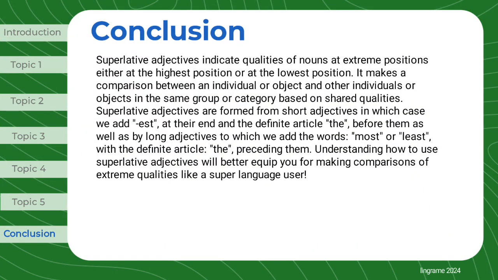Superlative adjectives indicate qualities of nouns at extreme positions, either at the highest position or at the lowest position. It makes a comparison between an individual or object and other individuals or objects in the same group or category based on shared qualities. Superlative adjectives are formed from short adjectives, in which case we add -ist at their end and the definite article the before them, as well as from long adjectives to which we add the words most or least with the definite article the preceding them. Understanding how to use superlative adjectives will better equip you for making comparisons of extreme qualities like a super